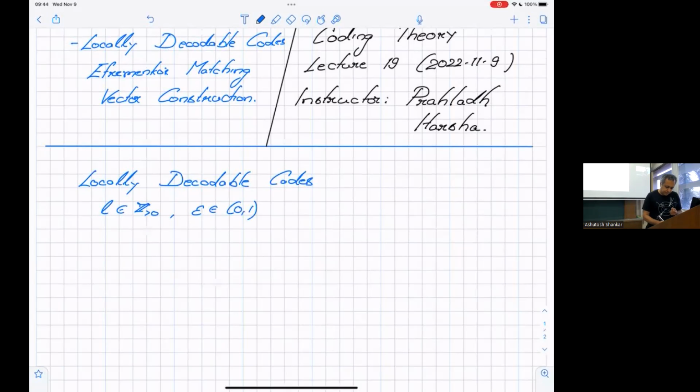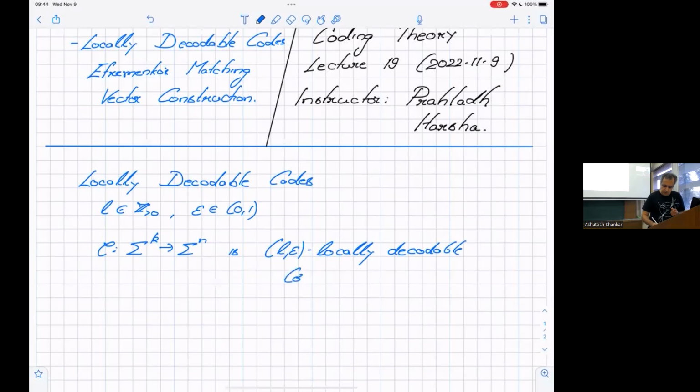So we will say that a code C from sigma^k to sigma^n is (L, epsilon) locally decodable, or in short, an (L, epsilon)-LDC,